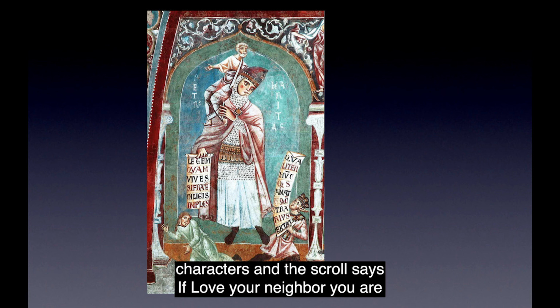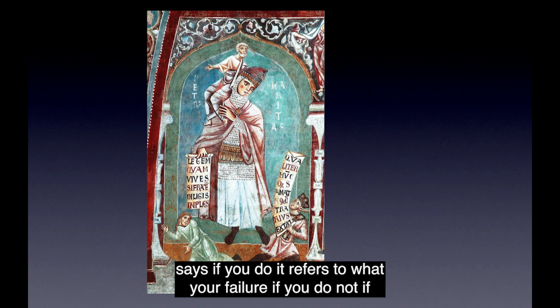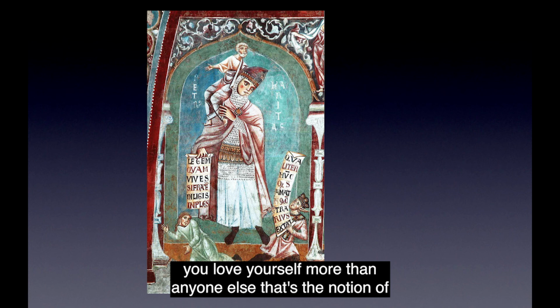And the scroll says, if you love your neighbor, you are fulfilling the law. You're living up to the law. And this effectively refers to your failure if you do not, if you love yourself more than anyone else. The notion of hatred and